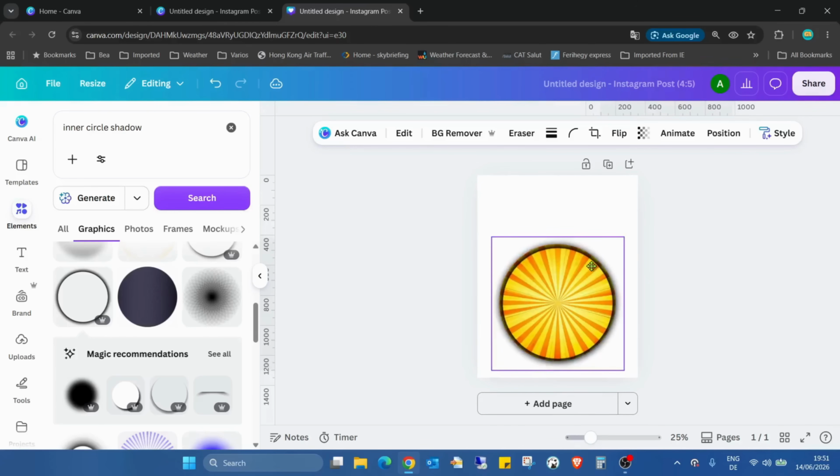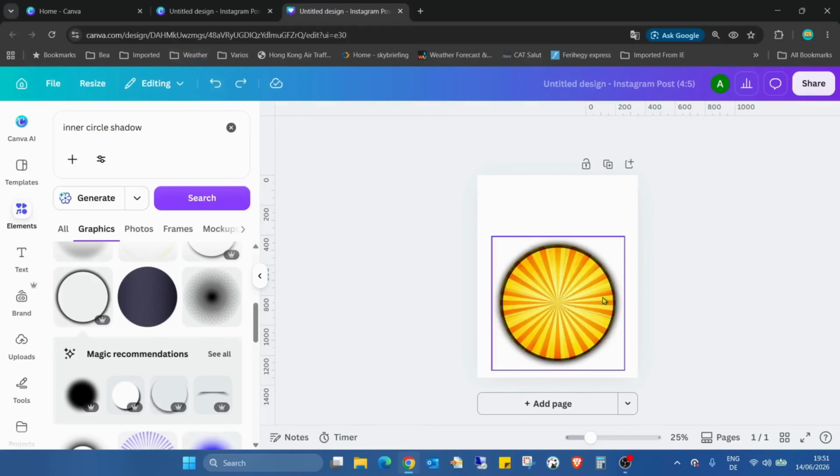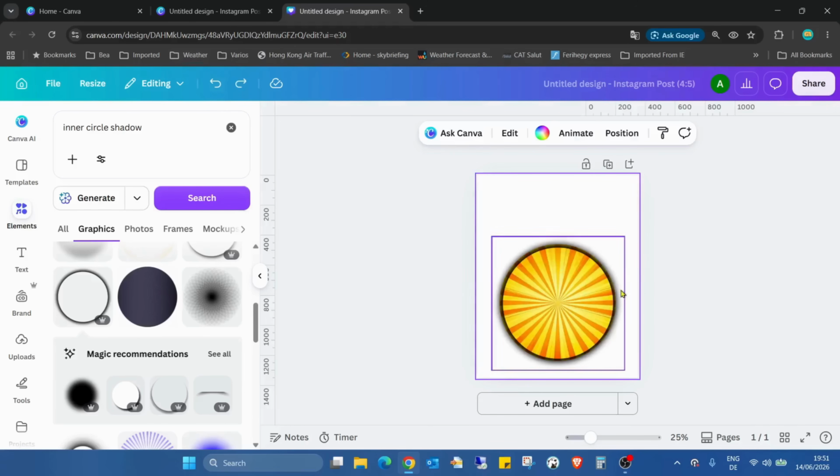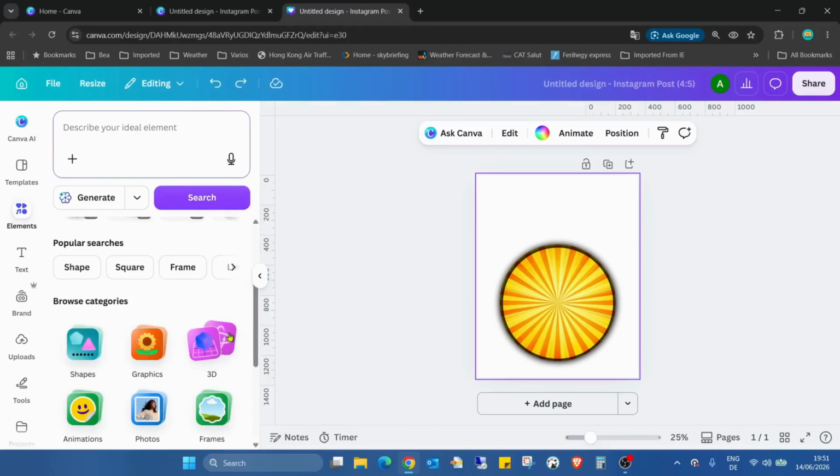Just do not forget to use the control button, otherwise we are moving the circle, the shadow inside the frame. So now we added this shadow into the frame, and now going back to the frames,